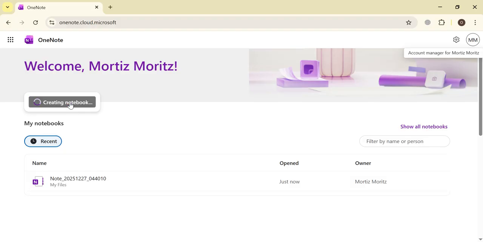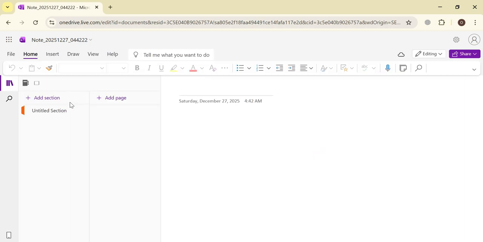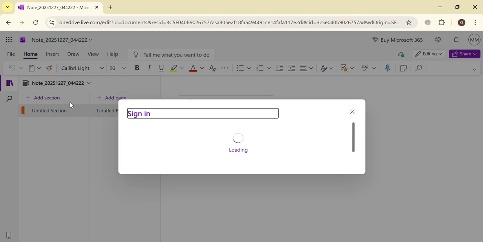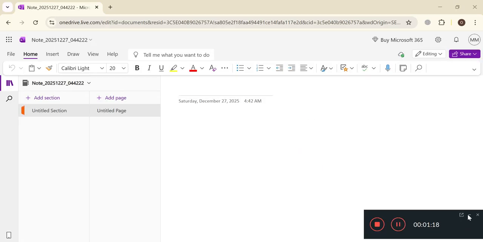Okay, so I will show you both ways. So now it will take us to our notes editor. So this is the notes editor section. By the way, you can also access this notes editor on your mobile through the OneNote application on the Play Store as well as on the App Store. Okay, so let me make sure to sign in again. So yes, my account is signed in.